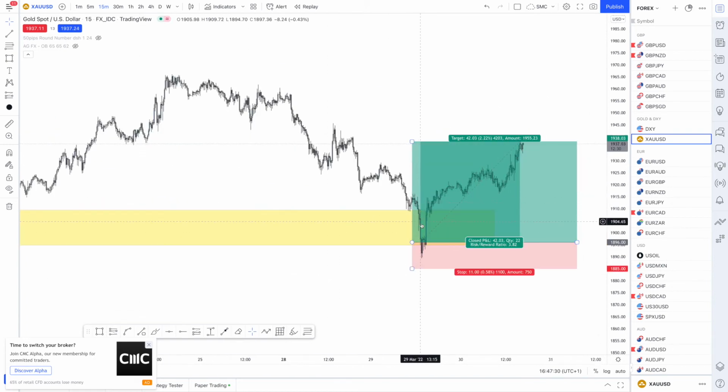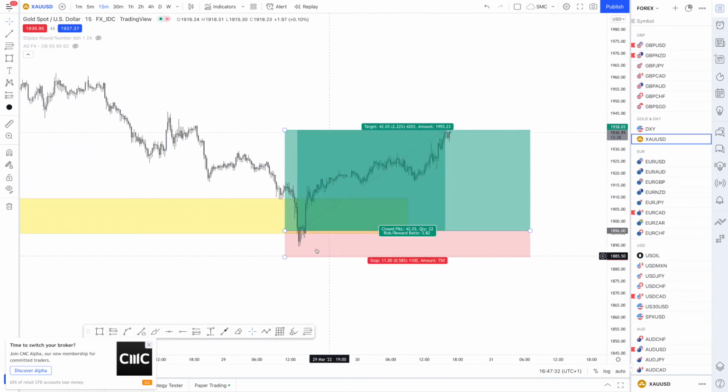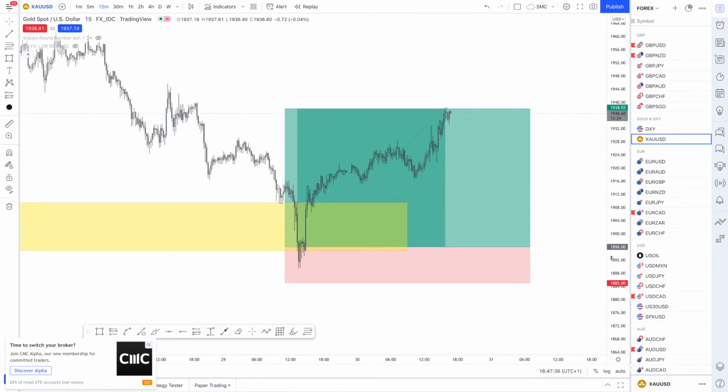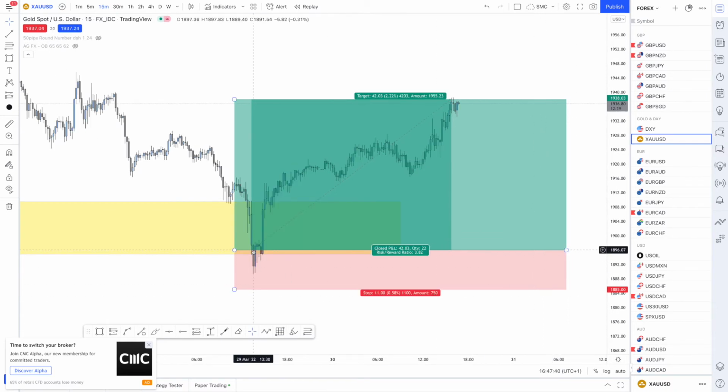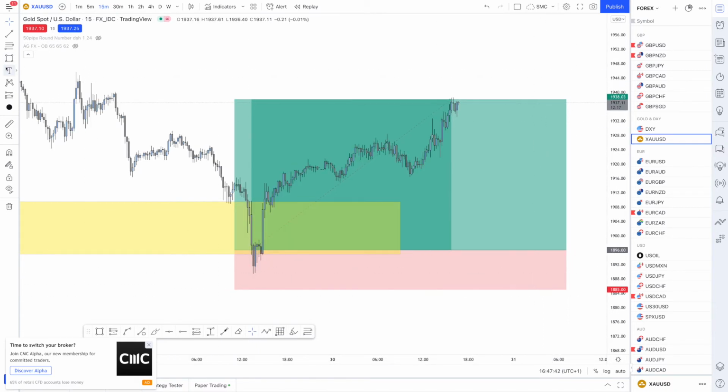Market came in, stretched lower. This is where we entered right here when I started to see the market stalling. Okay, so we entered right here. We did take some drawdown, and eventually we broke underneath this order block. So this order block became invalid, right? And this is why it became a riskier trade. We had to move the stop loss from 1890 to 1885 just to give it a little bit more room,